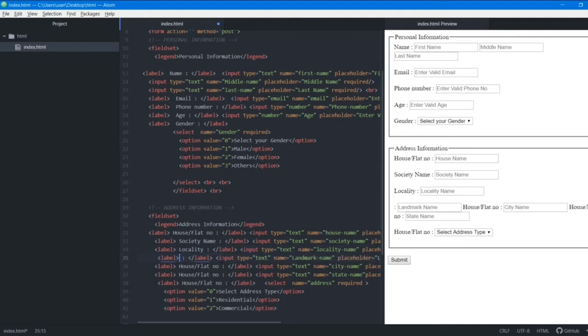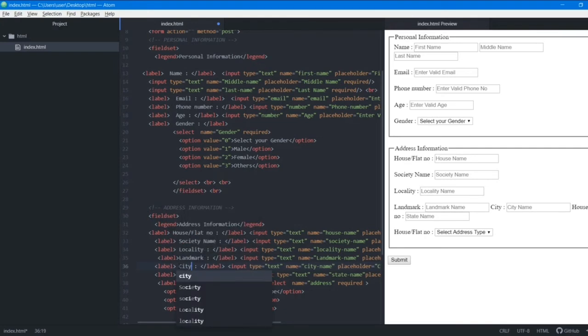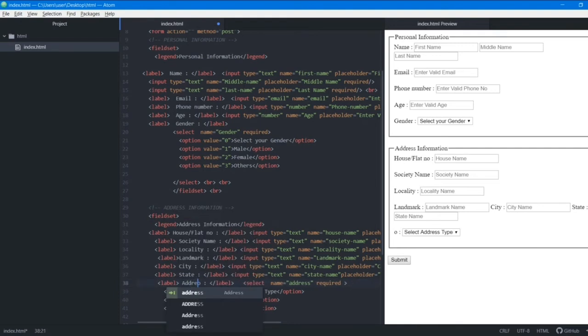Here we had landmark, city, then state, and then the address type. Okay, and we'll just save this now. We've added label to every one of them.